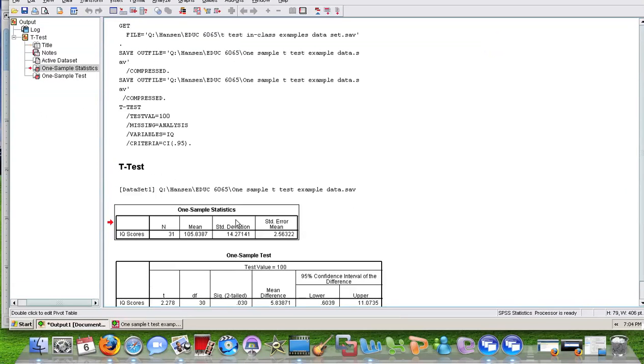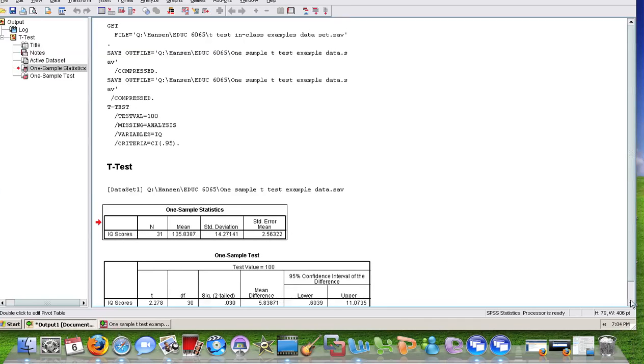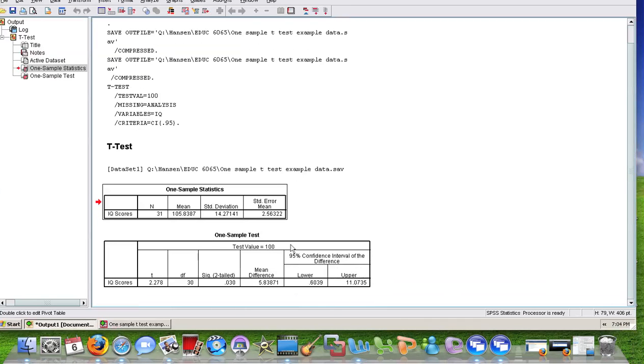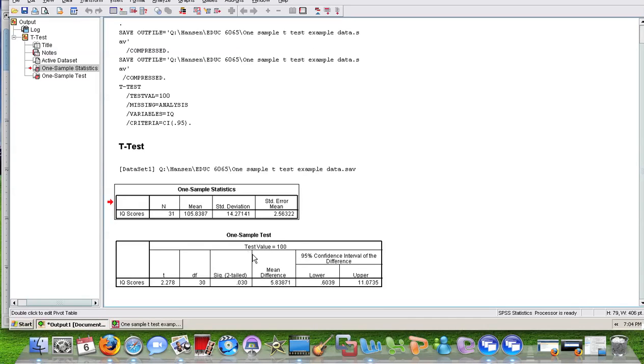The output file first contains the descriptive statistics for the one-sample variable, IQ scores. Sample size 31, sample mean, sample standard deviation, and standard error are provided. The test value is also provided as 100. Then we get the t-test statistic, the degrees of freedom, which are n-1, and the p-value of the test, which